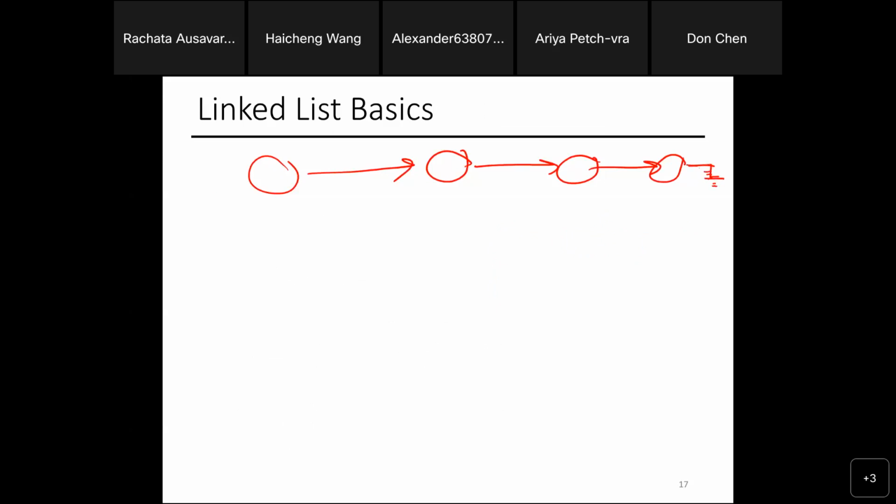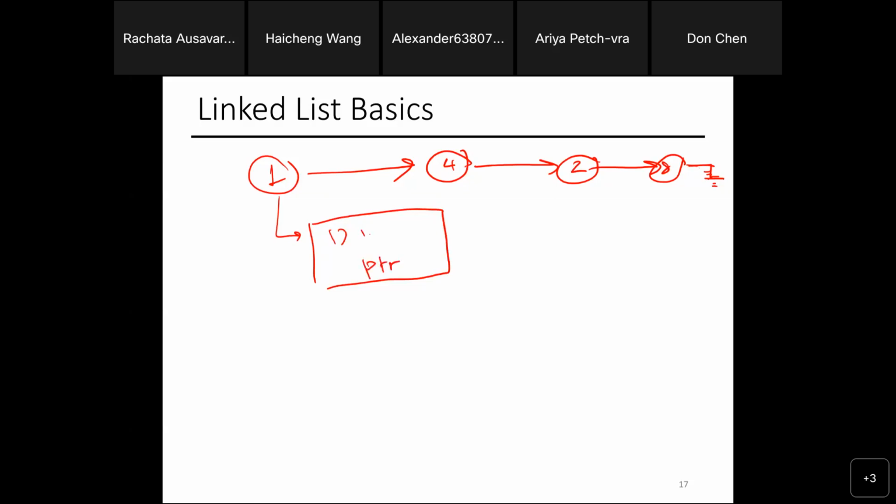Okay. In here, let's say it's a linked list of integers, like 1, 4, 2, 8. That's my list. Inside here, if you break it down, what do you need inside this node, inside this circle? What do you have to store to maintain the list? Yeah, you need a pointer, right? You need a pointer.